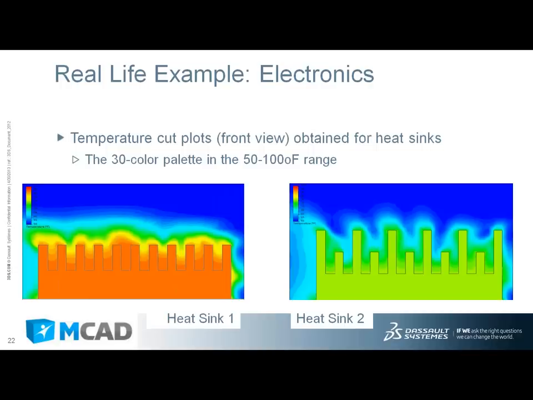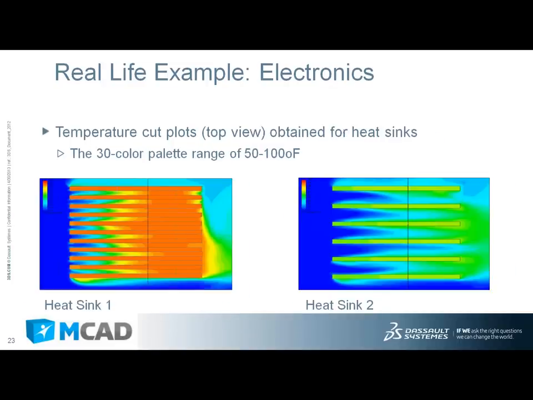So after the projects have been run, looking at a couple of temperature cut plots with both of these showing the same 50 to 100 degrees F range, you see the difference there in the color plot from heatsink 1 to heatsink 2. Looking at a top view for that same plot,